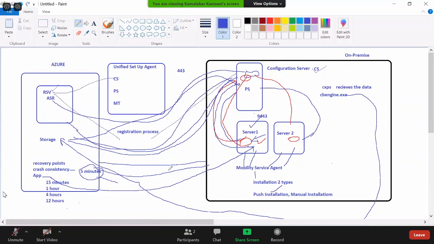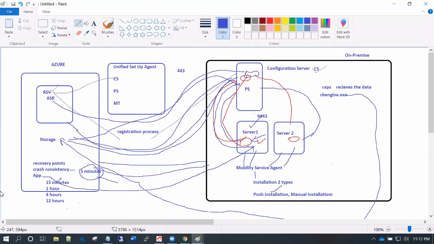Once you have the data replicated, you will have your recovery points. You are going to choose any one of the recovery points and click the failover option. When you click failover, what I see is within 10 to 15 minutes, you will have your servers created in the Azure environment. Once you see the servers are created, you check all the pre-validations, like whether you are able to access the server or not, whether you are able to see the data of your servers, and whether your application is working fine once it is moved to Azure.